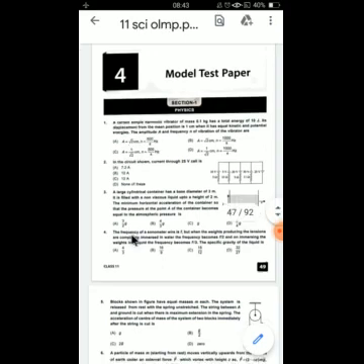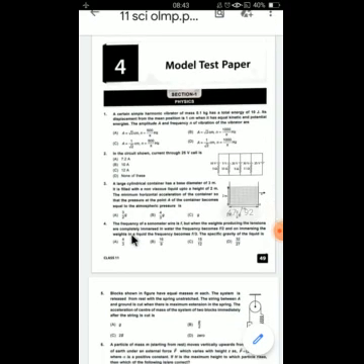Okay, come to the next, question number 3. A large cylindrical container has a base diameter of 3 meters and it is filled with a non-viscous liquid up to a height of 2 meters. The minimum horizontal acceleration of the container so that the pressure at point A of the container becomes equal to the atmospheric pressure will be: option A 3 by 2 g, B 4 by 3 g, C only g, that is g actually, not gram, it is acceleration due to gravity, and option D 3 by 4 g.